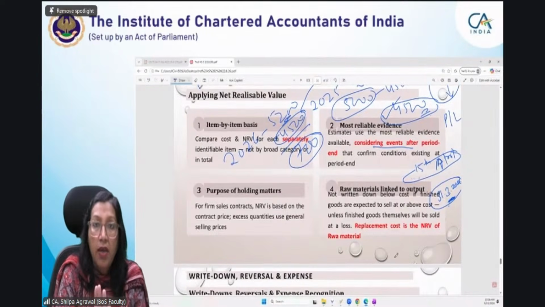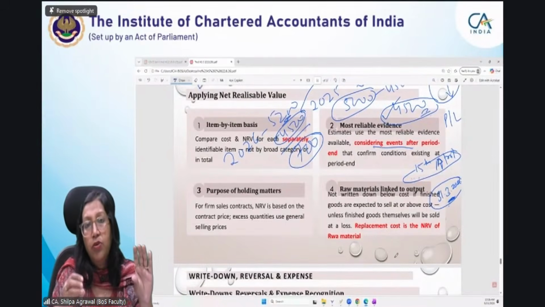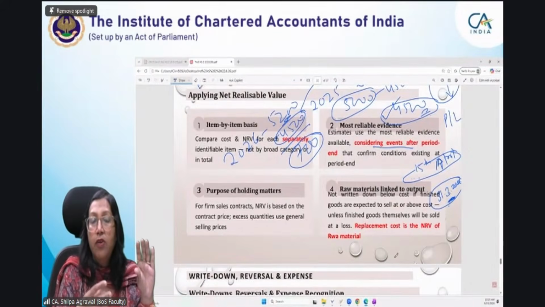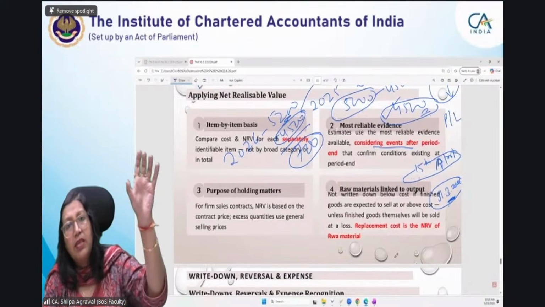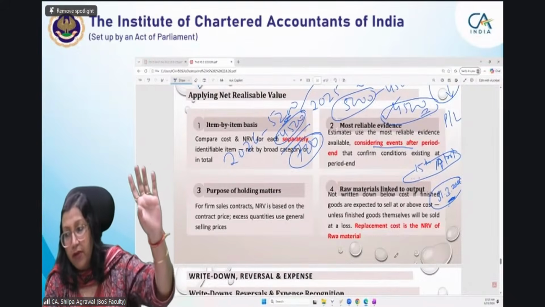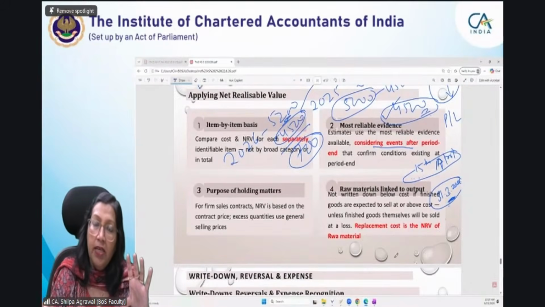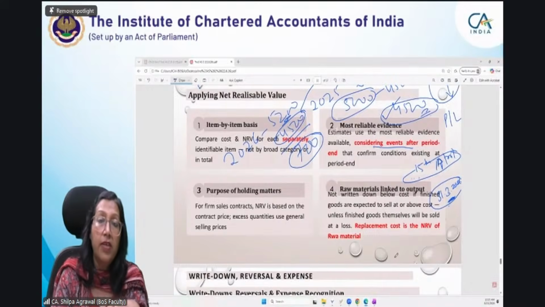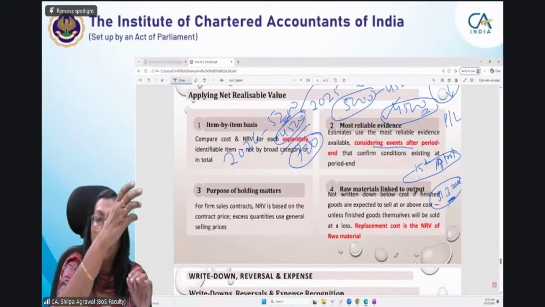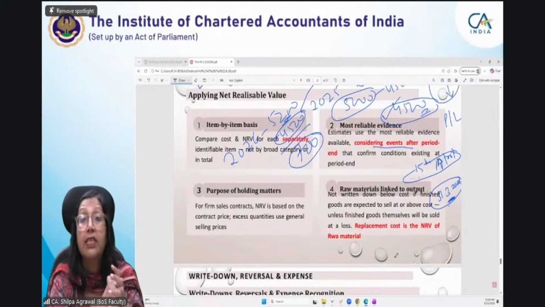In that situation, when your finished goods in which that raw material is used, suppose you are using a finished good ABC, for manufacturing of ABC you used item A, raw material A, so you will not reduce the value of raw material A beyond the cost price if ABC is sold on profit. So in that situation you will value the raw material A at cost. But there can be a vice versa situation also. There can be a different situation where your ABC is not sold at cost or at profit. It is sold at NRV, which is less than cost.